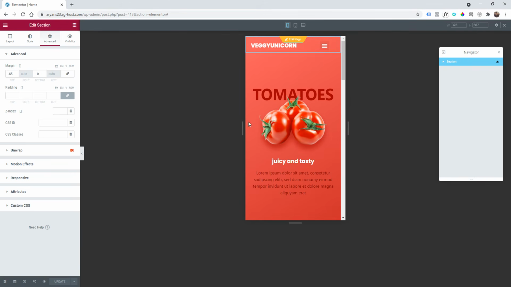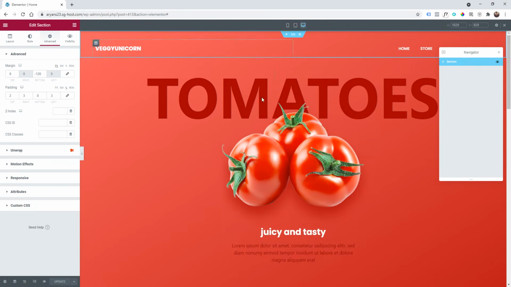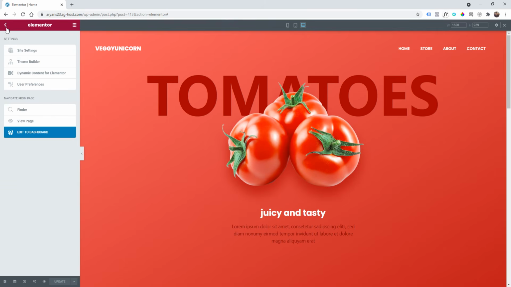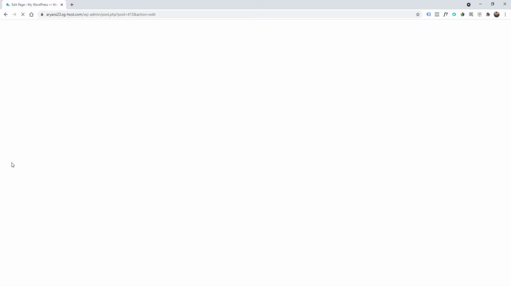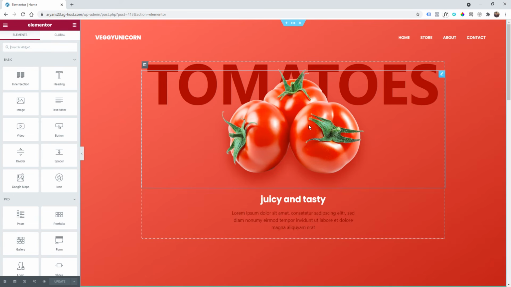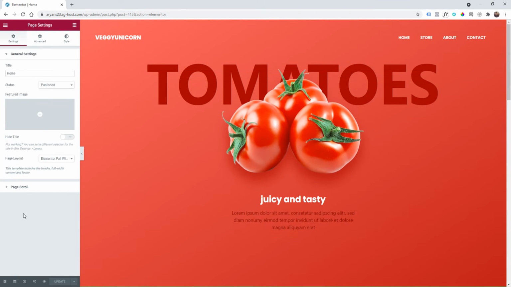So now I'm going back to my desktop version so I can see something. I'm going to close this. I'm going back again because now we are editing the header. So I'm going to exit from this. Going back here. All page, be sure you are editing now the home page, right? Now we need to fix the dots on the right side by clicking here on the setting icon here, sorry,